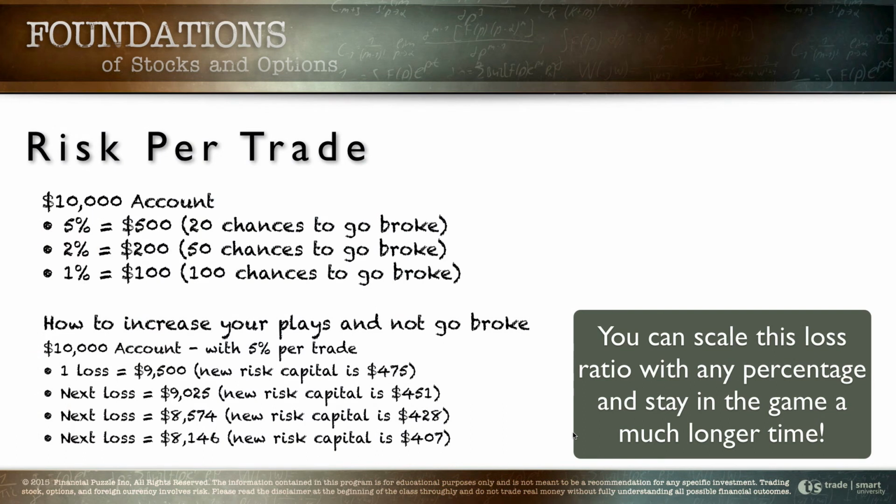So that's what I'm talking about when I talk about risk per trade. Per trade, how much are you risking of your overall account? And the magic number that I say don't go above is 5%. If you stay within that 5% range, you can stay in this game for a long time. Increase your risk and reward. Be consistent with managing your risk per trade. Now we've got 2 disciplines that are really going to keep you in this game and winning.